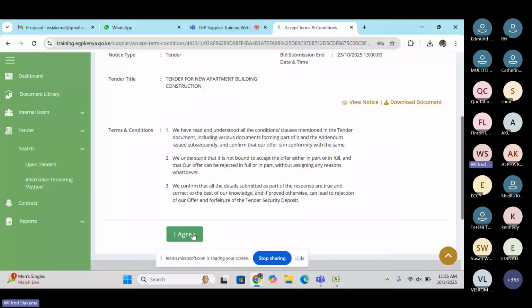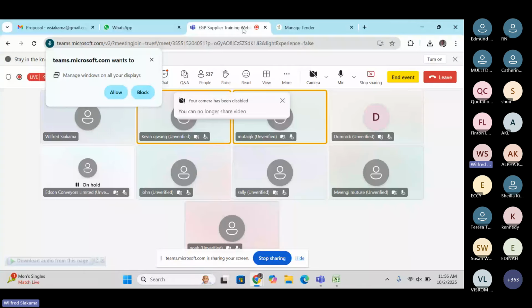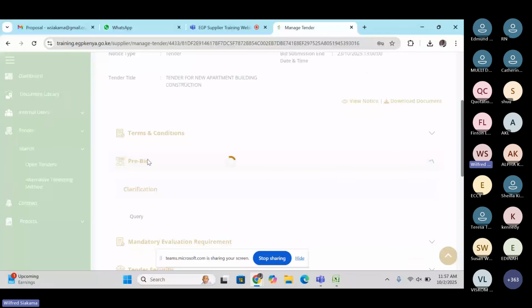After you have agreed to the terms and conditions, members, kama na swali tafadhali, after the presentation, nitaomba mtaitype tu. Sawa sawa? Yes. Now, after you have accepted terms and conditions, you may view the pre-bid. Sawa sawa. In the pre-bid,